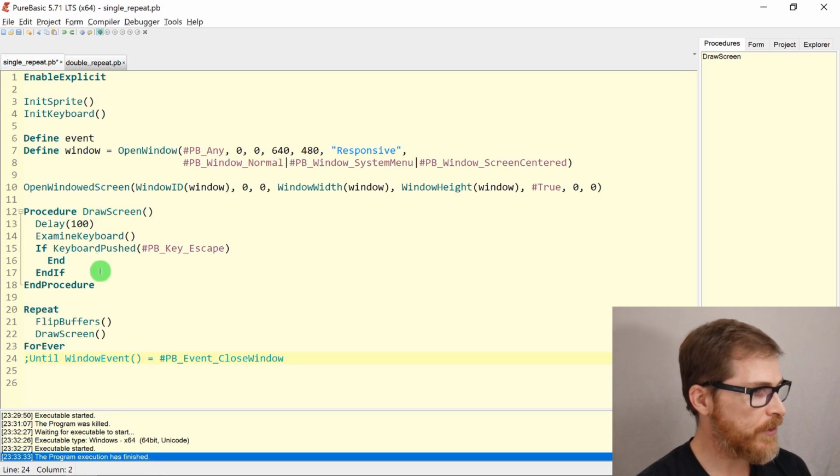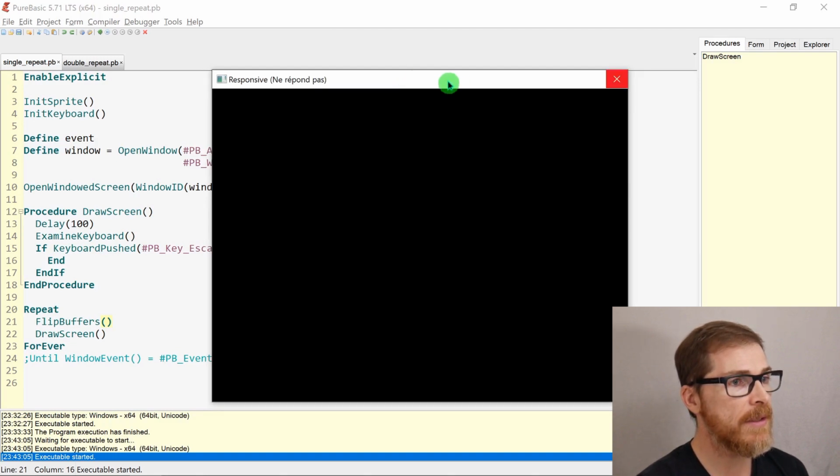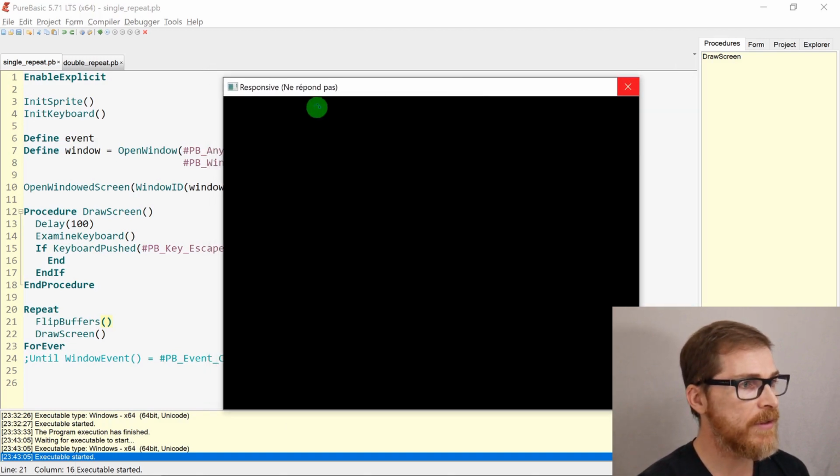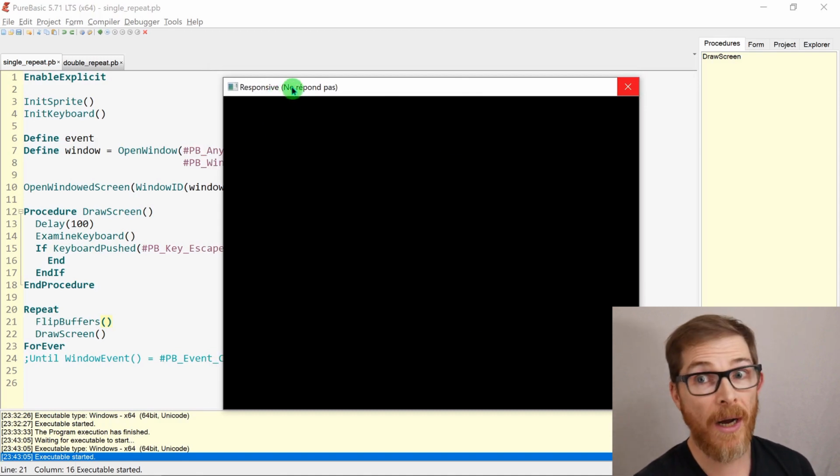I have my draw screen procedure. Just see the code here. Repeat, flip buffers, draw screen forever. Let's run this. Okay, first I have the working cursor. You can see that. And boom, the window says in French, because my Windows is in French, ne répond pas,